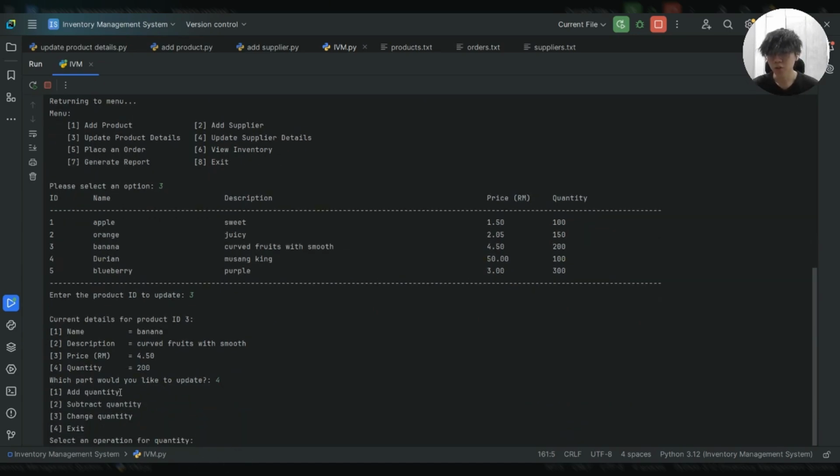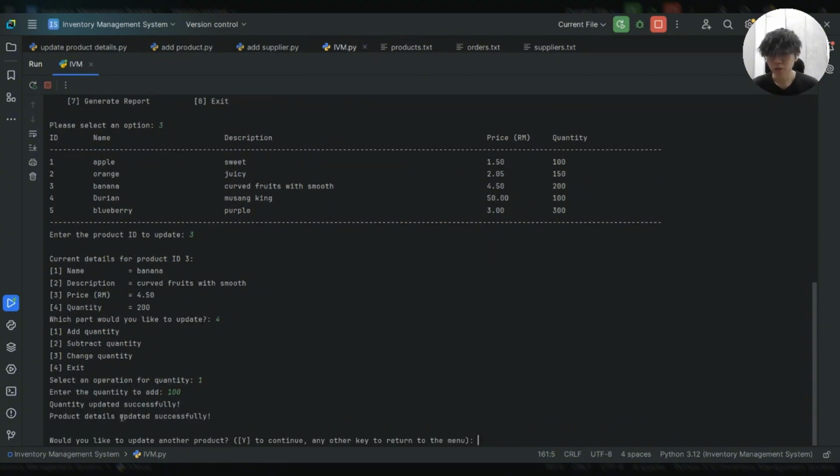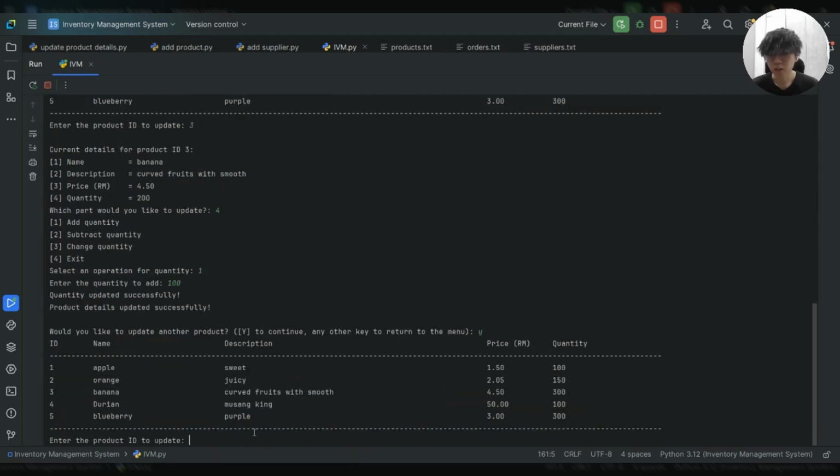And here it will show different functions like add quantity, subtract quantity, or you can just directly change the quantity. Maybe the users want to add 100 more, and it will show update successfully. And you can see over here it changed from